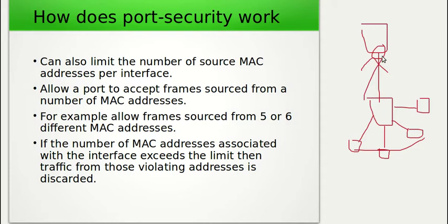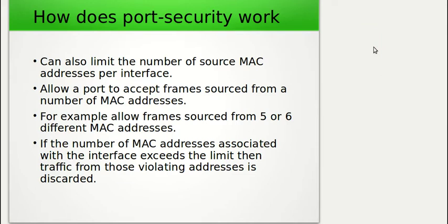So with the maximum number of MAC addresses, it's easier when we get to the configuration of port security to understand how it works. But just for now, know that a switch associates a number of MAC addresses with an interface. The maximum allowed MAC addresses in port security defines the number of different source MAC addresses the switch is allowed to accept frames from that come into this port. And when we exceed that number, a violation occurs, and traffic from the violating